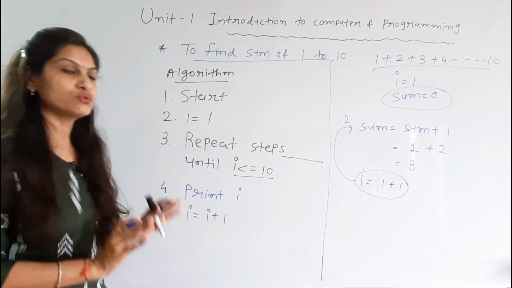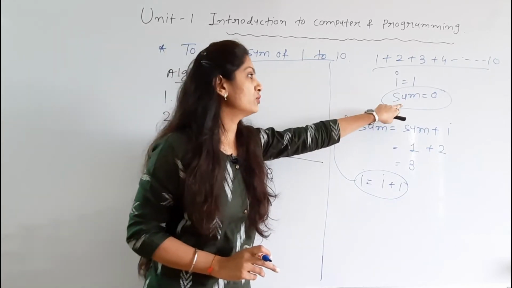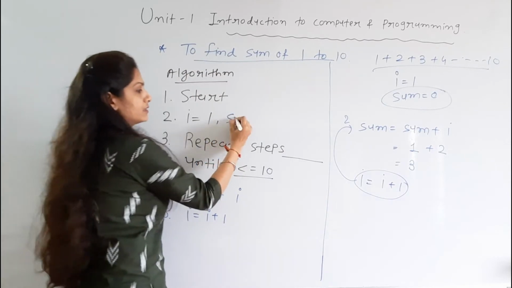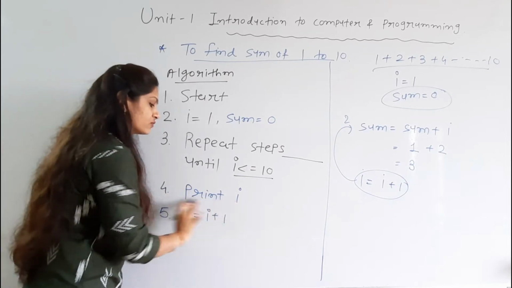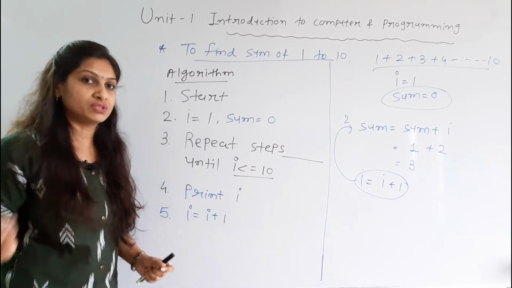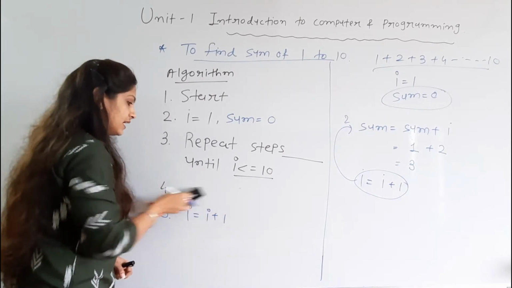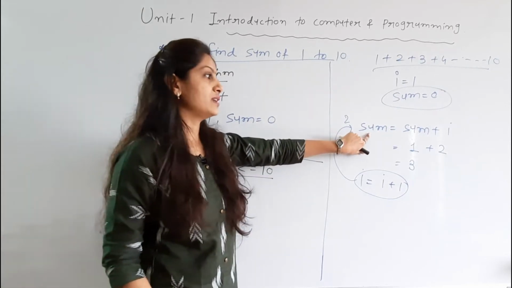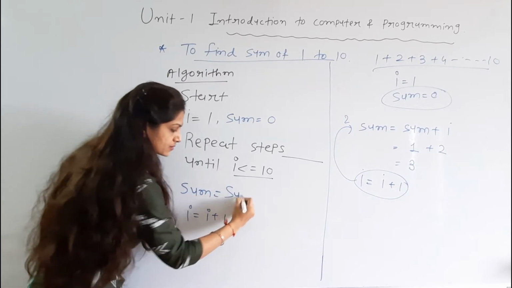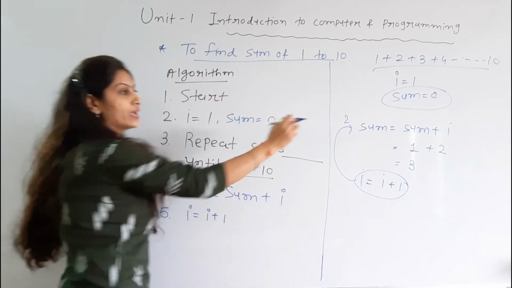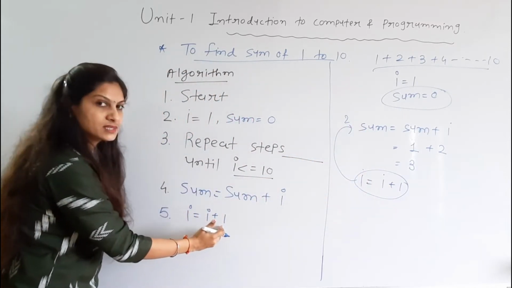Now what changes we have to make for finding the sum is, first, the variables. Which variable do we have to use? Sum, that is, here sum equals 0. Second, what do we have to change? Now we do not want to print the value of I, 1 2 3, but we have to calculate the sum, and for that we have to change the formula that you can see here. Which formula? Sum equals sum plus I, and then after finding the sum, I equals I plus 1.